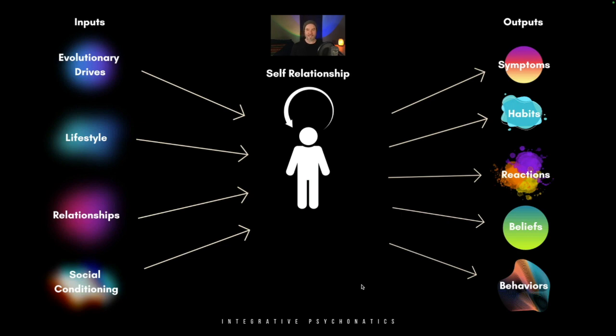So this is, again, a very simple model. It's a little rough around the edges here. But I just want to communicate this idea to you guys, that these are areas you can look to get a sense of where the wounding might have been in the past, or areas where you can improve and transform that are high leverage.